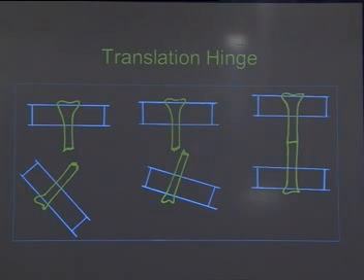The third type is the translation hinge. If you see here this axis and this axis, possibly it meets here, and this axis will meet here. And if you put a hinge at this level, you will get angulation and translation like this. But if you put the hinge at the distal level, at the level of the CORA, where it is joining, the CORA is here, the osteotomy is here, and then you get a proper alignment. So that is called a translation hinge.